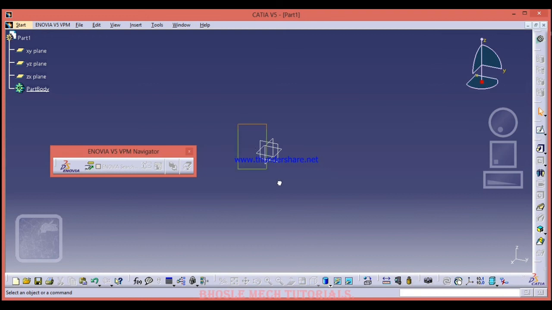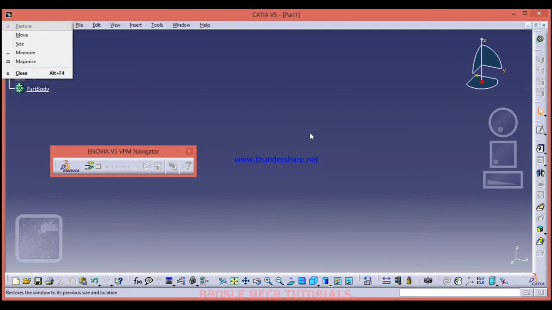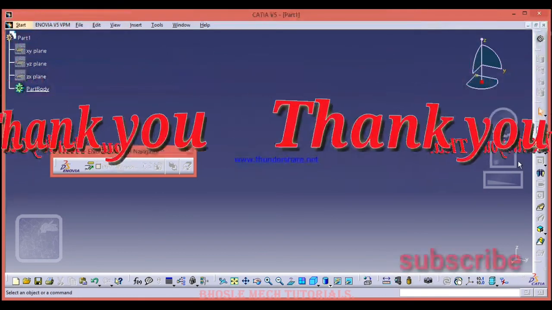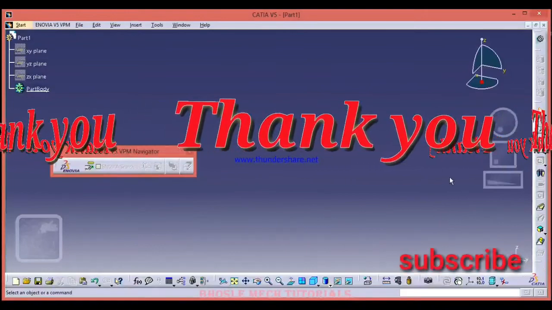If I want to hide, just select those planes and press the space button. Like this friends, you can add any shortcut key for any command. This seems to be very simple, but this differs a lot in your design time consumption.